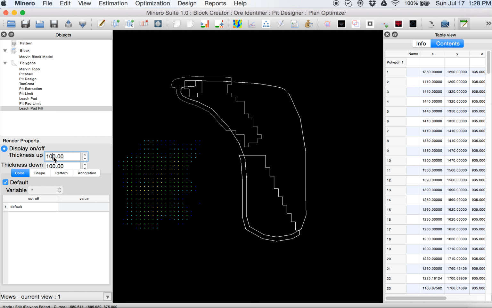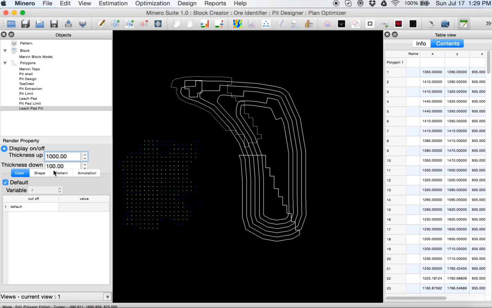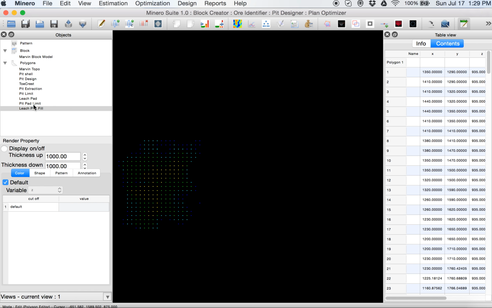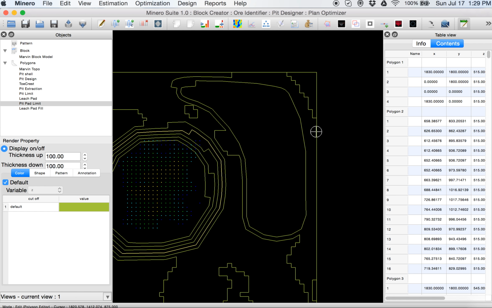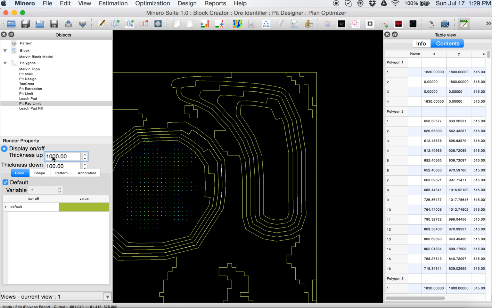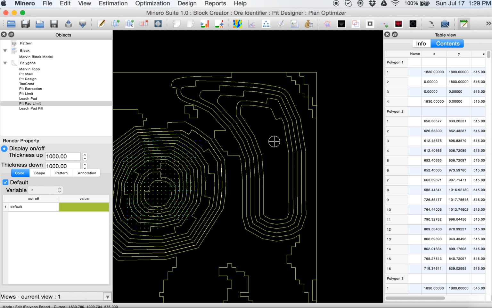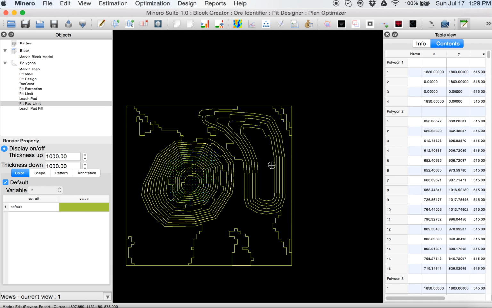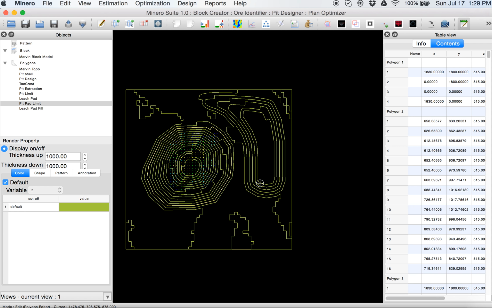The leach pad can be all benches. So this is the fill that we have to do with the topo, and this is the pit path limit. Let's put it 1,000 here, 1,000 there. So this is going to look like the final topo, the pit path limit once everything's done.